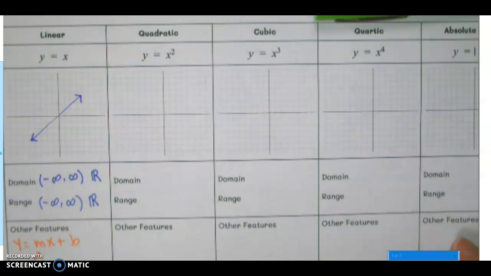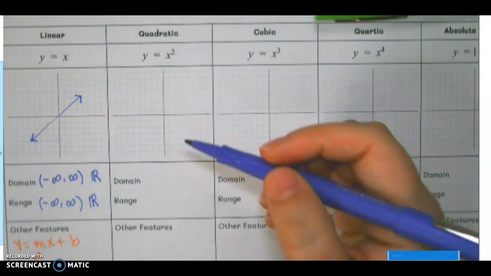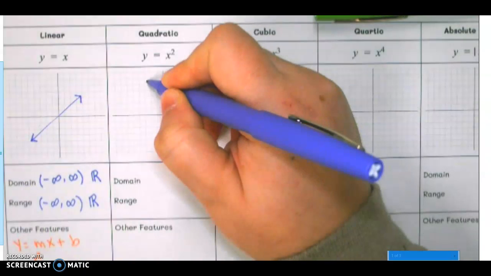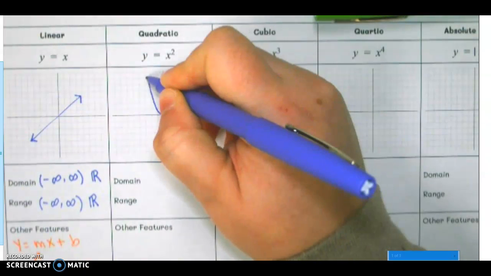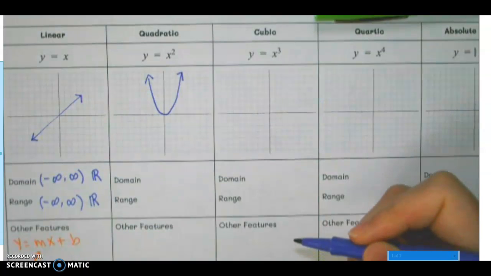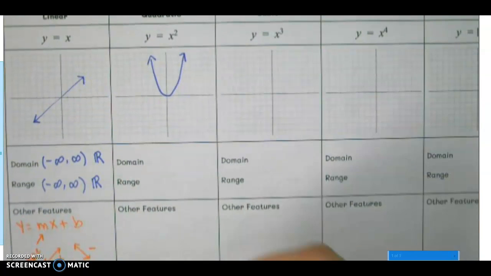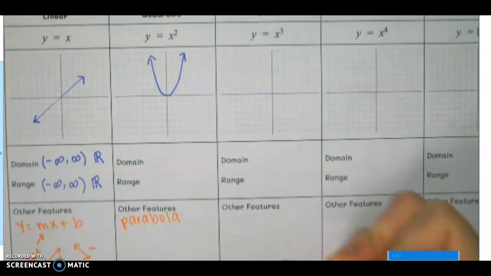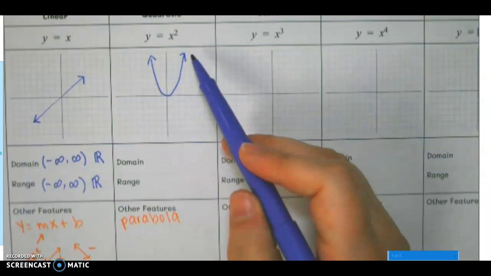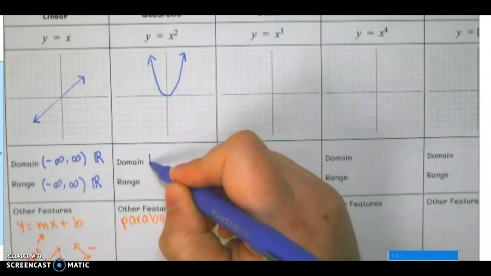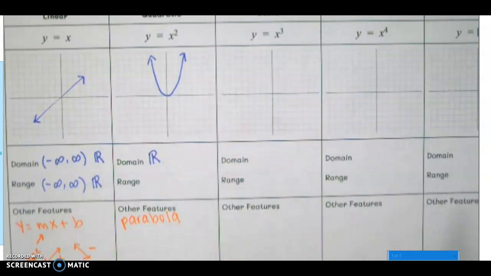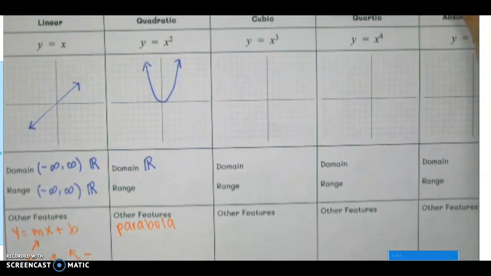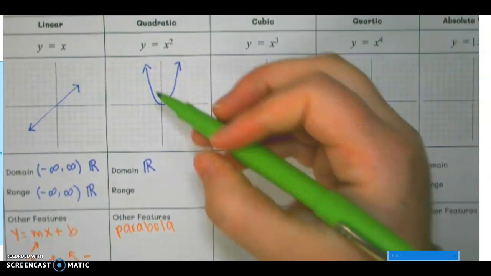All right, quadratic. You can recognize a quadratic equation because it will have x squared, or x to a second power. So the parent function for quadratic usually looks like that, like a U shape. The name of that graph is called a parabola. So if you see the word parabola, that goes with the quadratic function. And if you notice again, arrow to the left, arrow to the right, so the domain is all real numbers. Now there's no arrow pointing down for quadratic, and that's because of this point right here